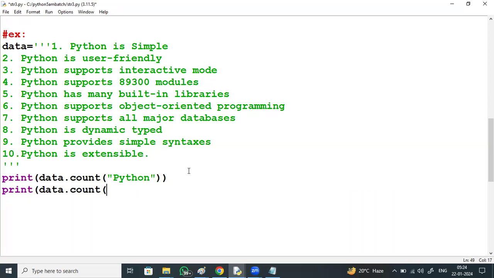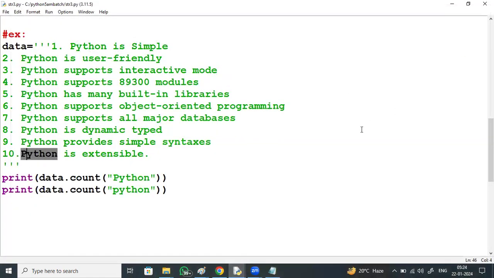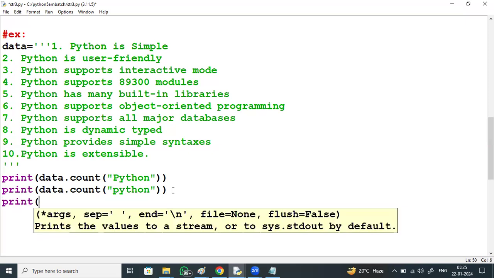Data dot count of python in lowercase gives 0, because all of them start with capital P. Count of python is 0. Yes, Python is case sensitive.